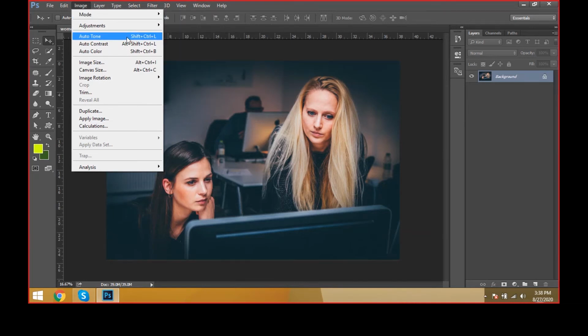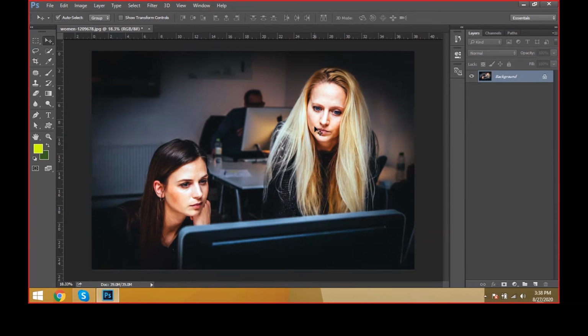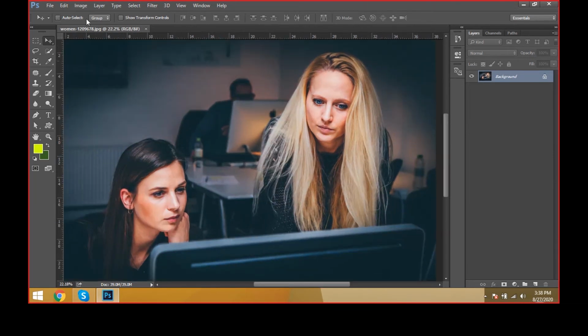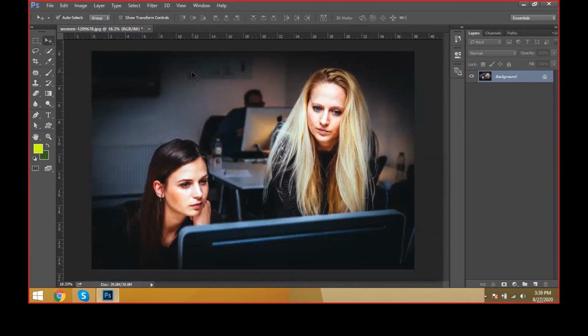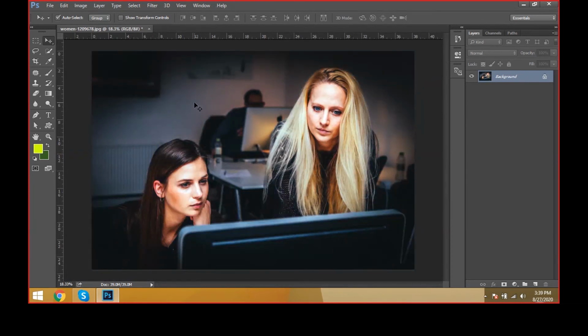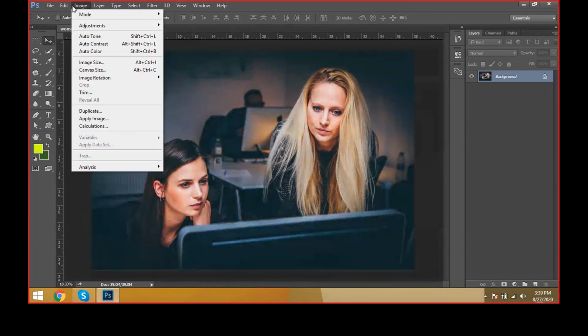But come to the auto tone. How is the auto tone activated? See, what is the original image? This is the original image, friends. This is the original image. And when you click the Image menu, Auto Tone, see how the effect has happened. Control Z is step backward, Control Z step forward. See, we can see the auto tone.